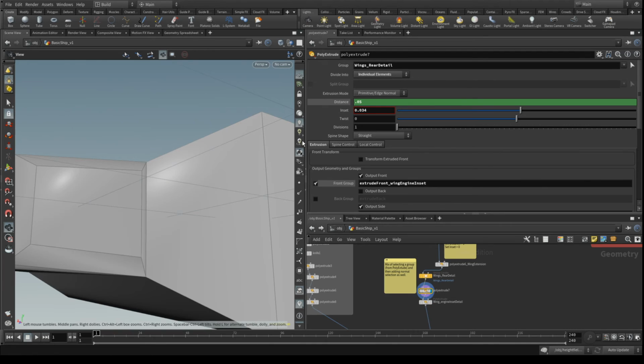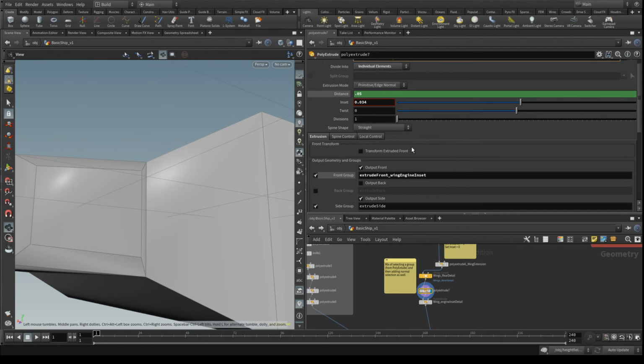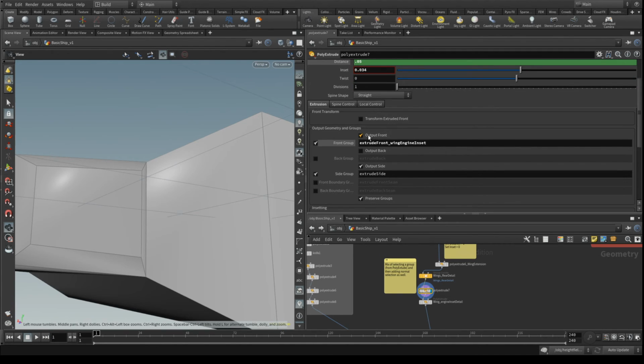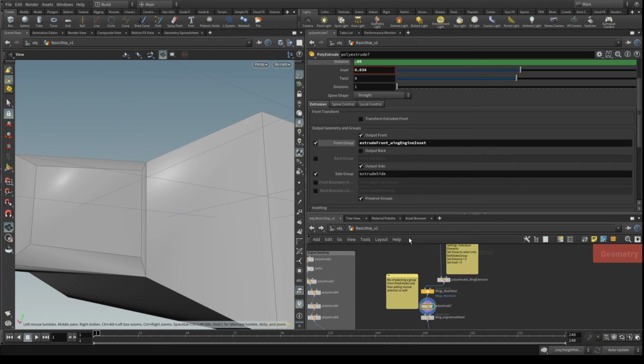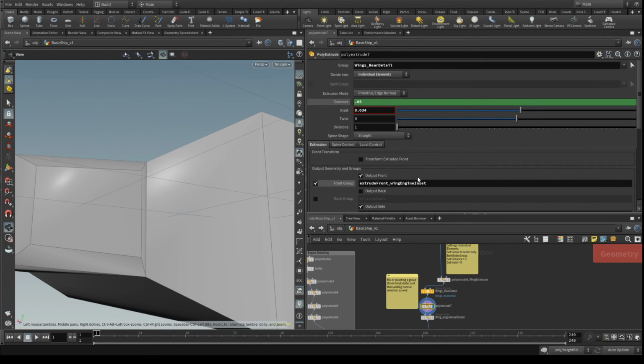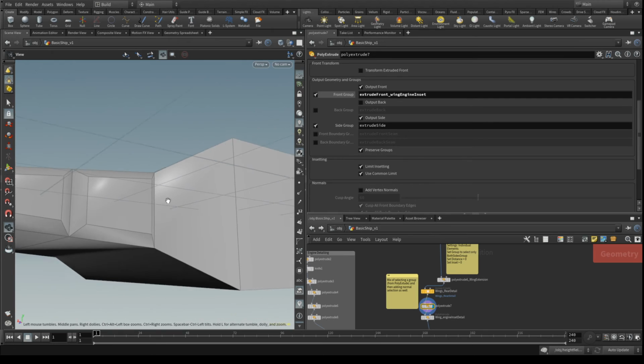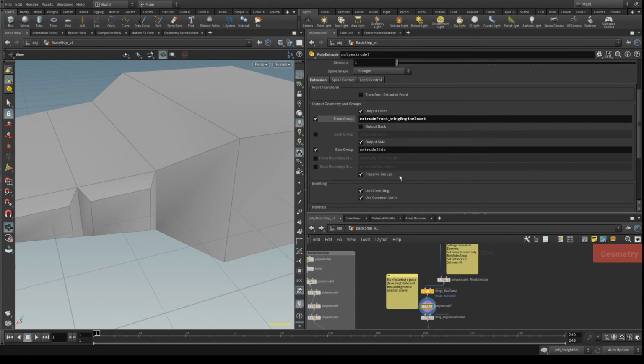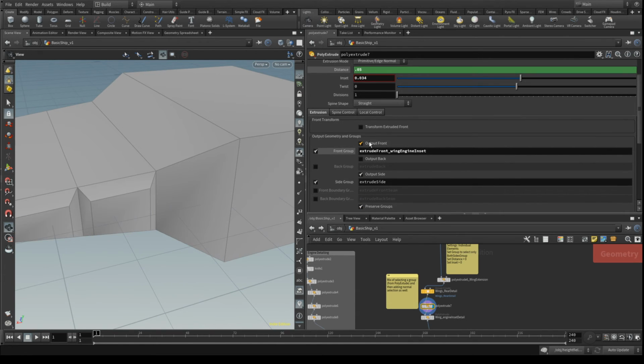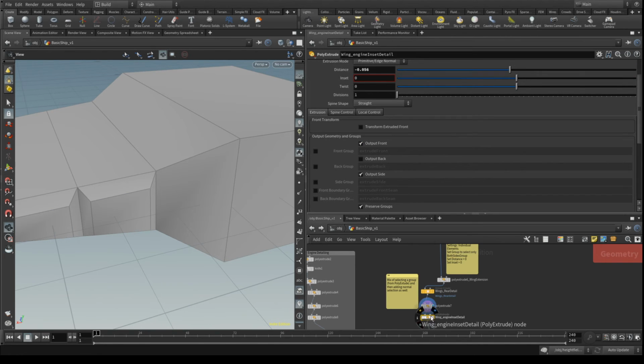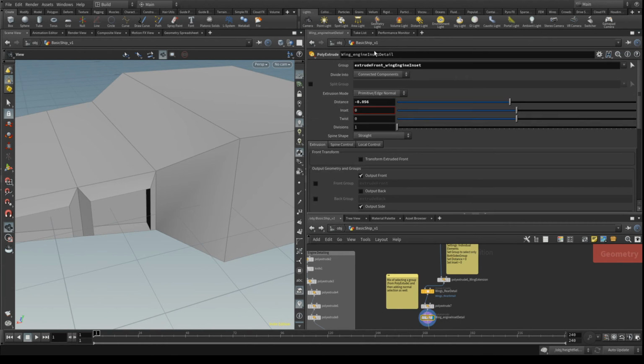The group is called wings rear detail, and I'm basically just grabbing the previous group and feeding it in here to extrude. And you can see again, I can select these output front. So when I want to make this engine detail here, where I'm insetting only the middle, what I can do to do that is simply